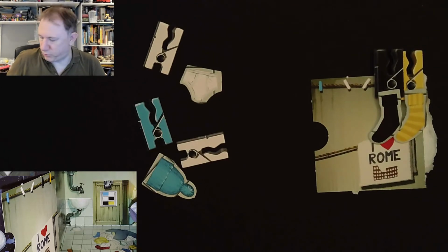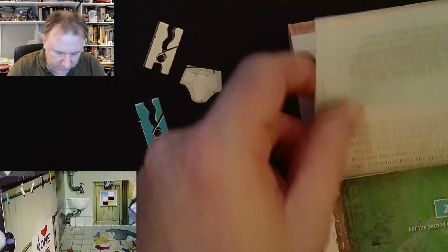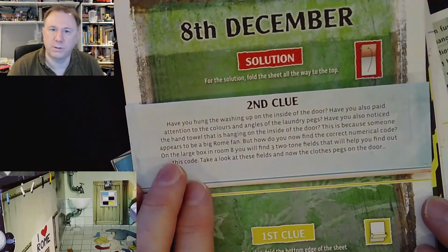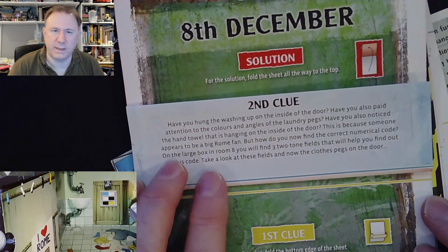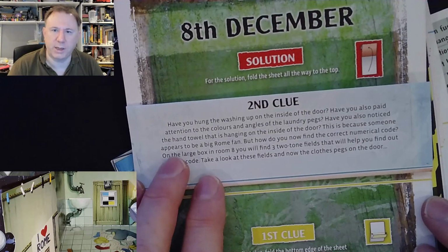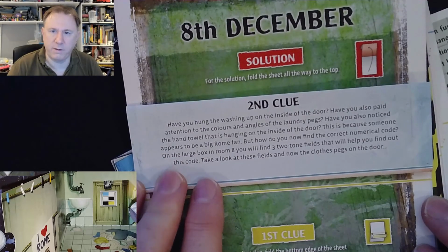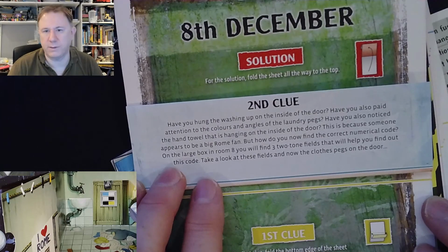Okay, I've already tried this, so it's time for my second clue. Fold it here. Look, that's the solution. I don't want to see that. Have you hung the washing up on the inside of the door? Yes. Although that scale is different. Have you also paid attention to the colours and angles? Yes. Have you also noticed the hand towel? Yes. So there's a big Rome fan. How do you find the correct numeric code? On the large box in room 8 you'll find 3 two-tone fields that will help you find out this code. Take a look at these fields and how the clothes pegs...